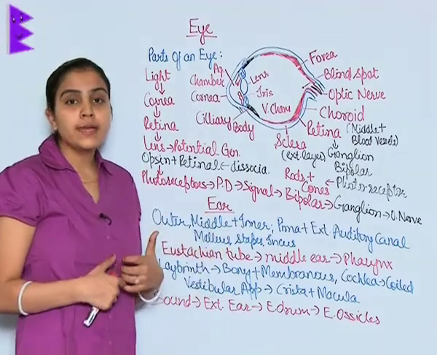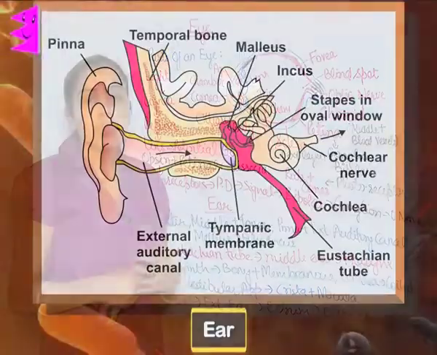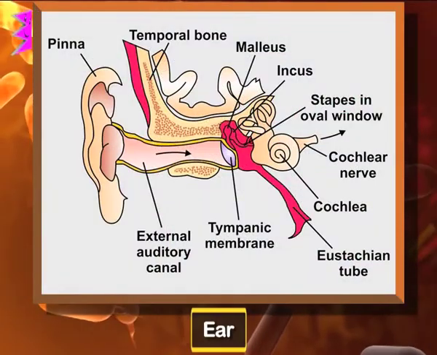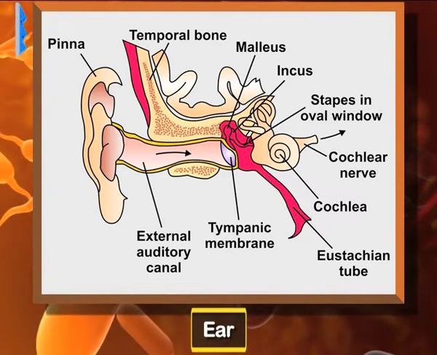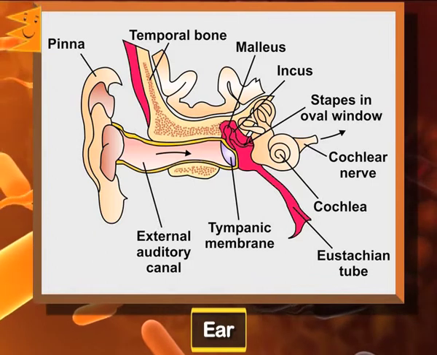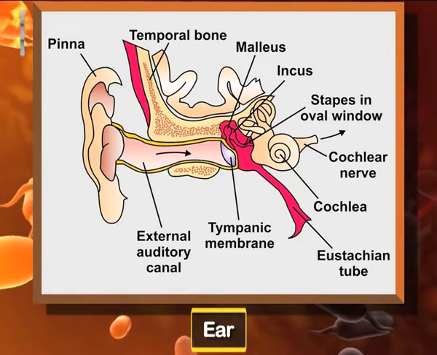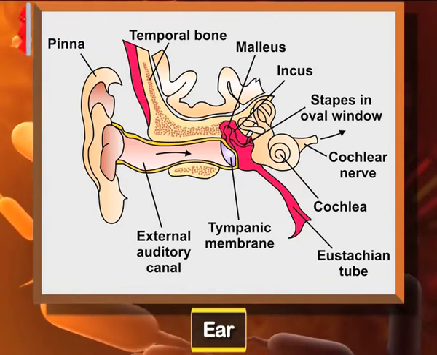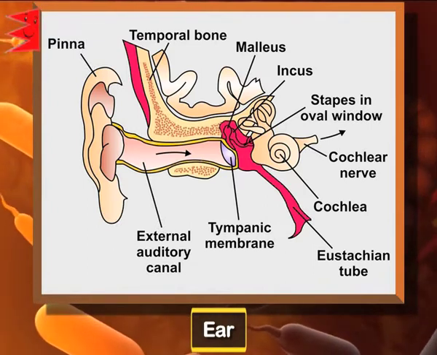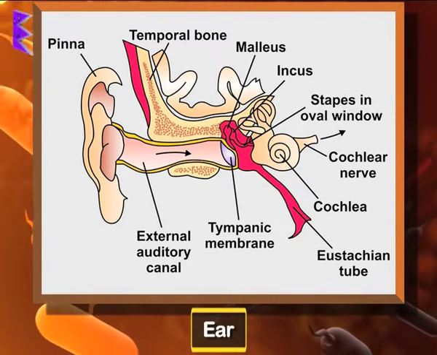Ear. You can see in the diagram, ear is majorly divided into three parts: outer, middle and inner ear. This outer ear consists of pinna plus external auditory canal, and middle ear consists of malleus, stapes and incus, whereas